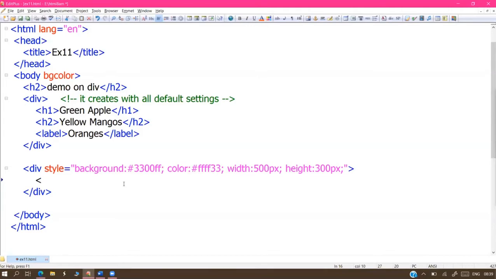I want to display some paragraph inside this one, sir. No problem. I want to display an image inside this one, sir. I already said, any type of HTML content we can place in a division tag. Division tag allows any type of HTML content. No restrictions, no obligations.